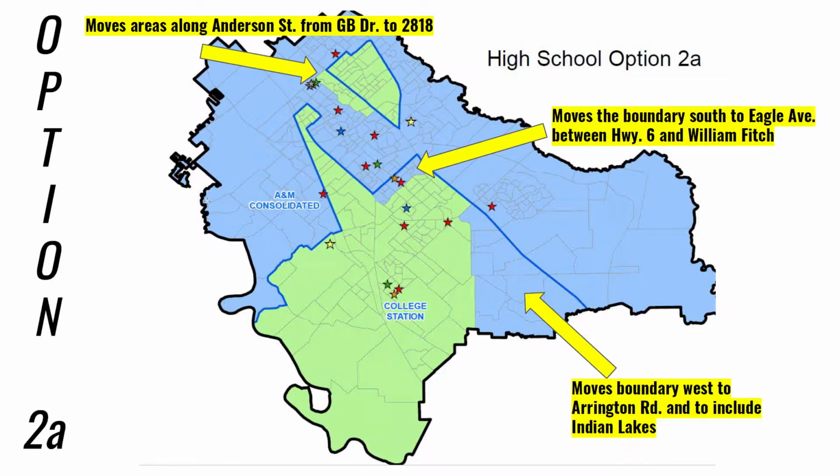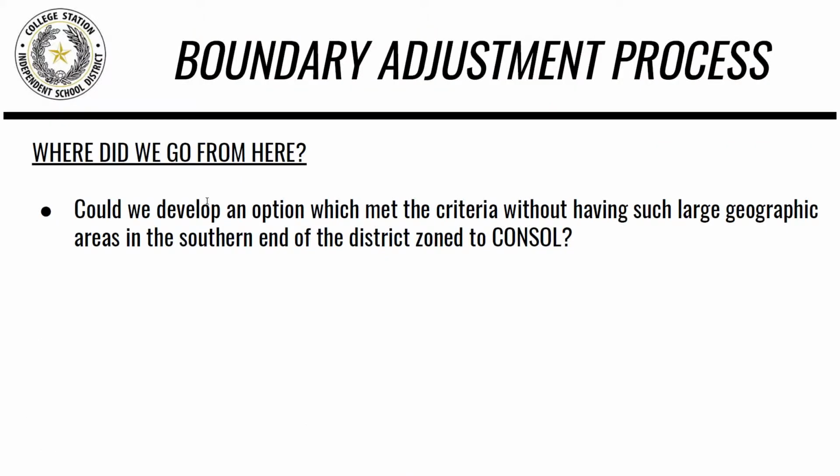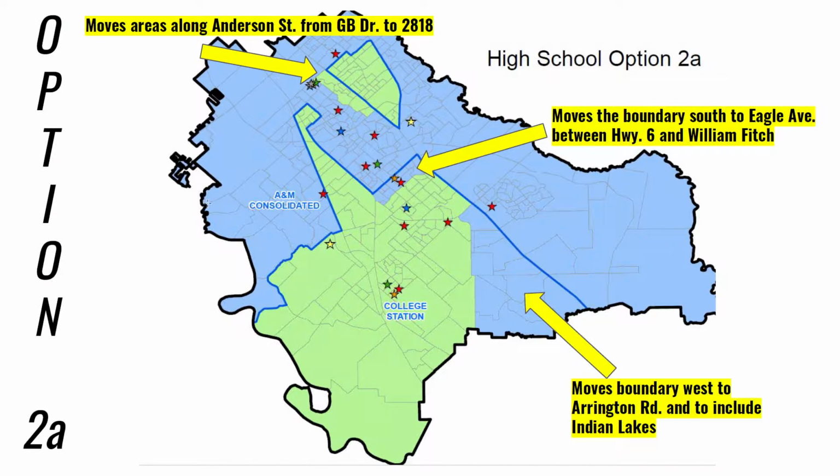So under this particular thought process, we have this, you can see this is 2A, but we have 2B as well. We just came up with 2 different options with this concept in mind. Can we accomplish this without such large geographic movements in the south end? So I'll address these one at a time, but it's the same philosophy for both options in particular. So for 2A,